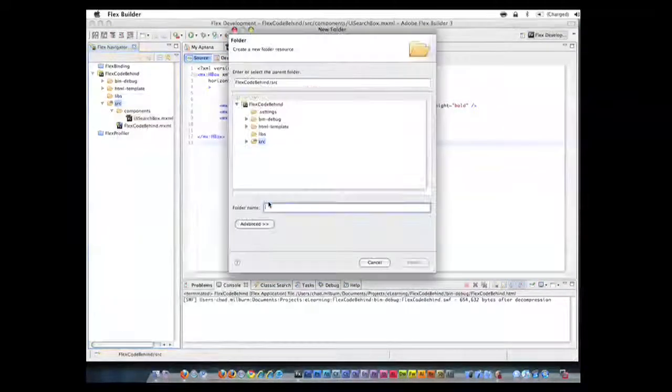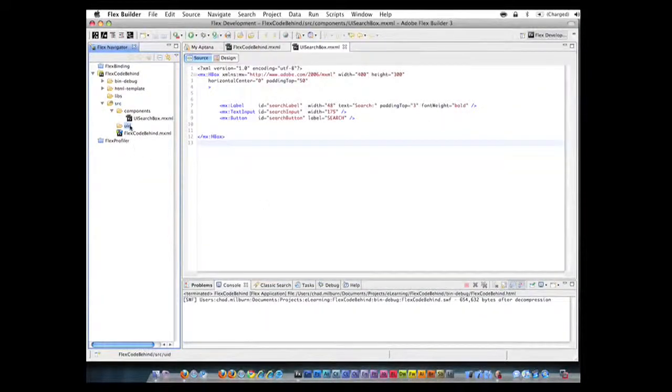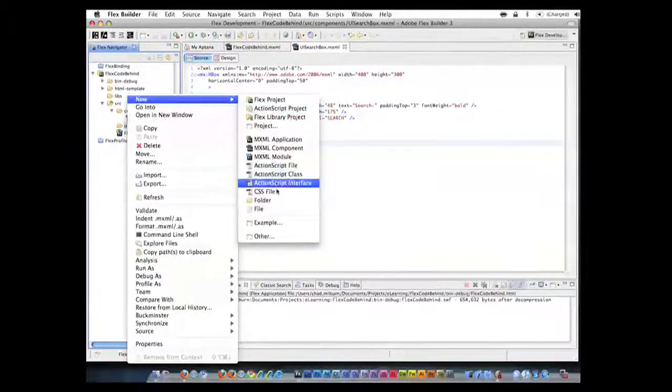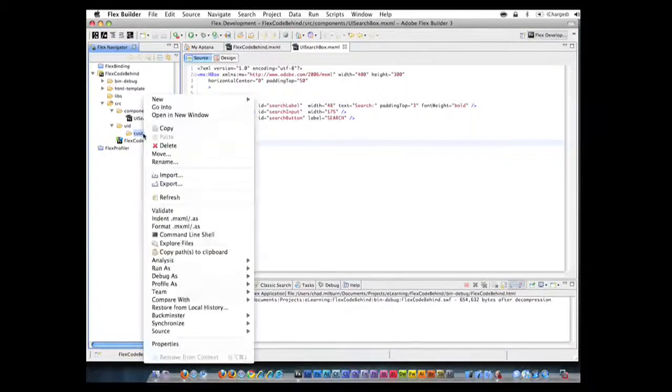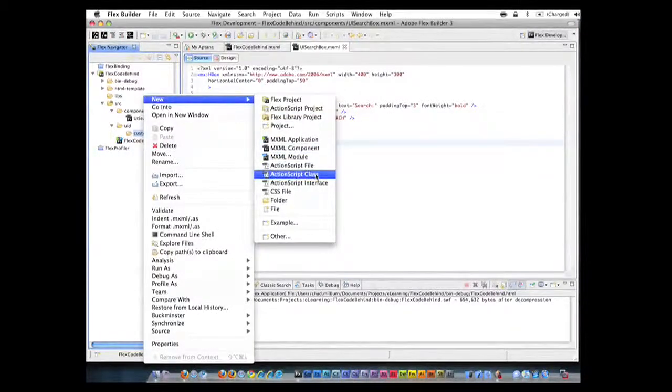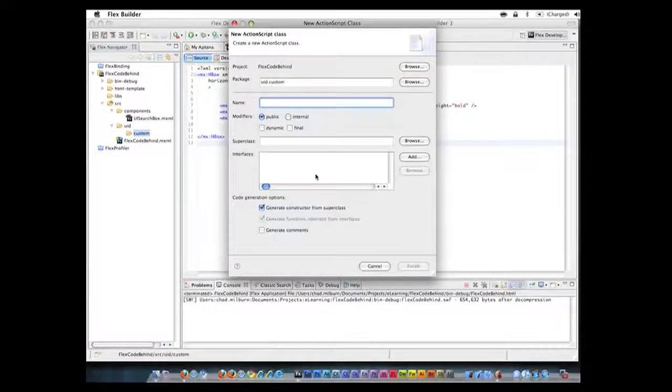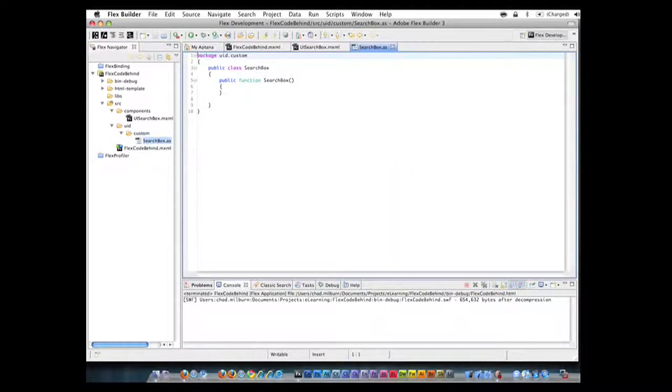We're going to make the folder directory here. So first we'll just call a UID, and then inside that I'll make a folder called custom, which will then hold our ActionScript file that we need to create. So let's do ActionScript class, and we'll just call this search box, and that's going to create our package and